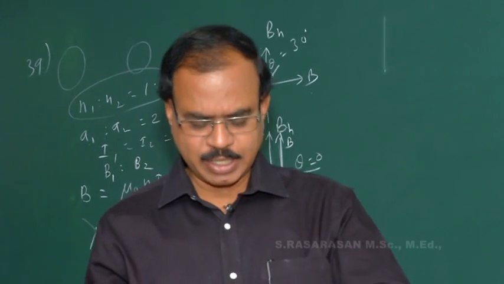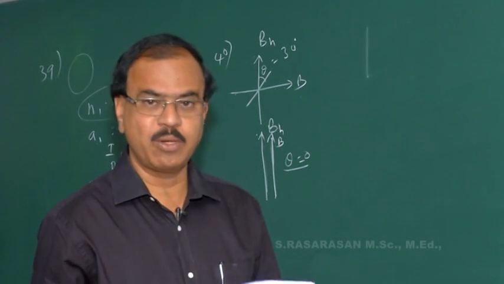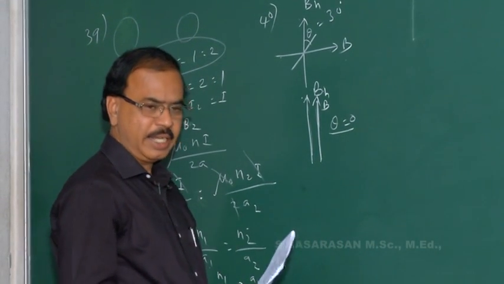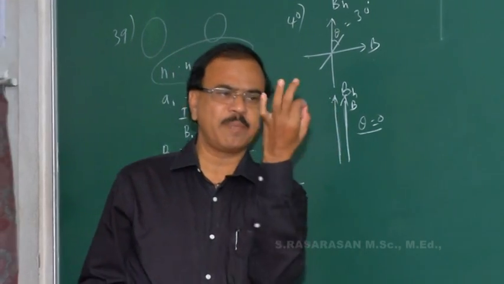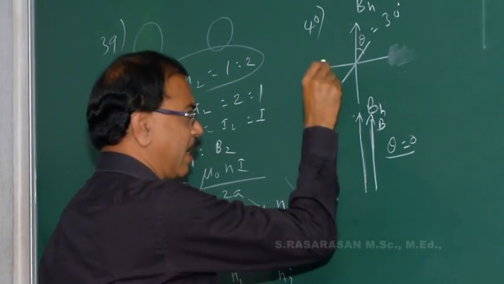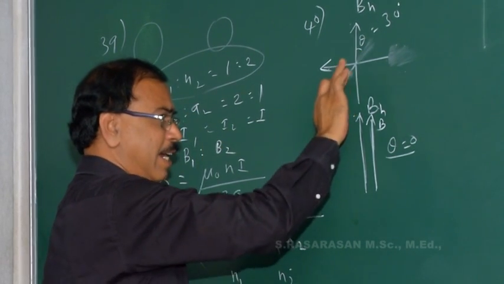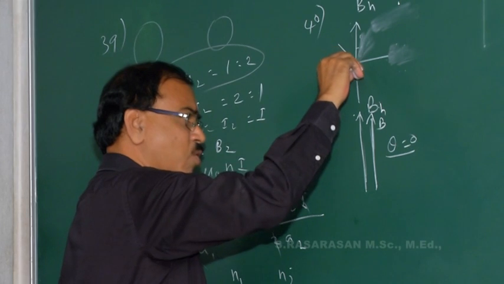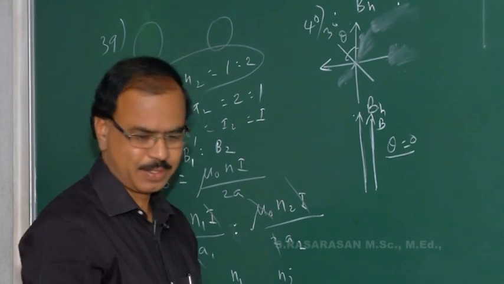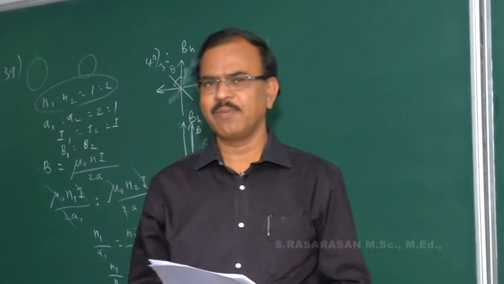But இதே ப்ராப்ளத்தை ஸ்லைட்டாக சேஞ்ச் பண்ணலாம். If the plane of the coil is rotated through 180 degree instead of 90 degree, the plane of the coil is just reversed, and the magnetic field, instead of acting in this direction, acts along this direction. At 180 degree, the magnetic needle is deflected along this quadrant. So here theta becomes 30 degree again. First 1 and 3 quadrant, now 2 and 4 quadrant deflection வரப்போகுது.